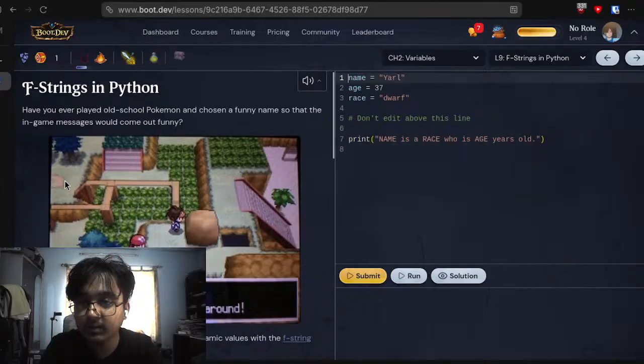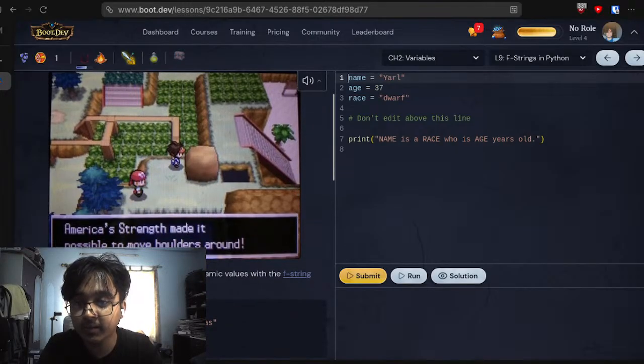F strings in Python. What is the F doing here? Have you ever played old school Pokemon and chosen a funny name so that the in-game message would become more funny? America's strength